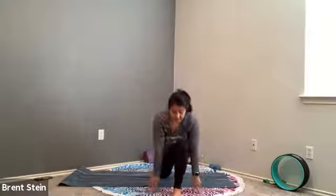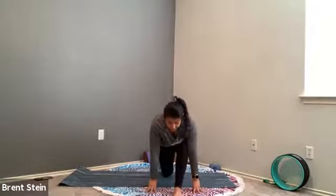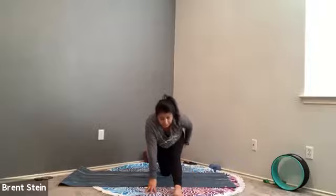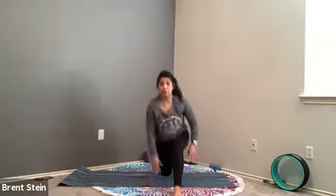and then release. On your next breath in, circle sweep those arms back up towards the sky. On our exhale, we'll release our hands to frame this left foot. Send the weight of the body back, begin to straighten your right leg. You might need to walk that left knee back just a tiny bit, just so that you can adjust the hips. Again, if your hamstring is really, really tight, it may be that you need to elevate your frame, maybe